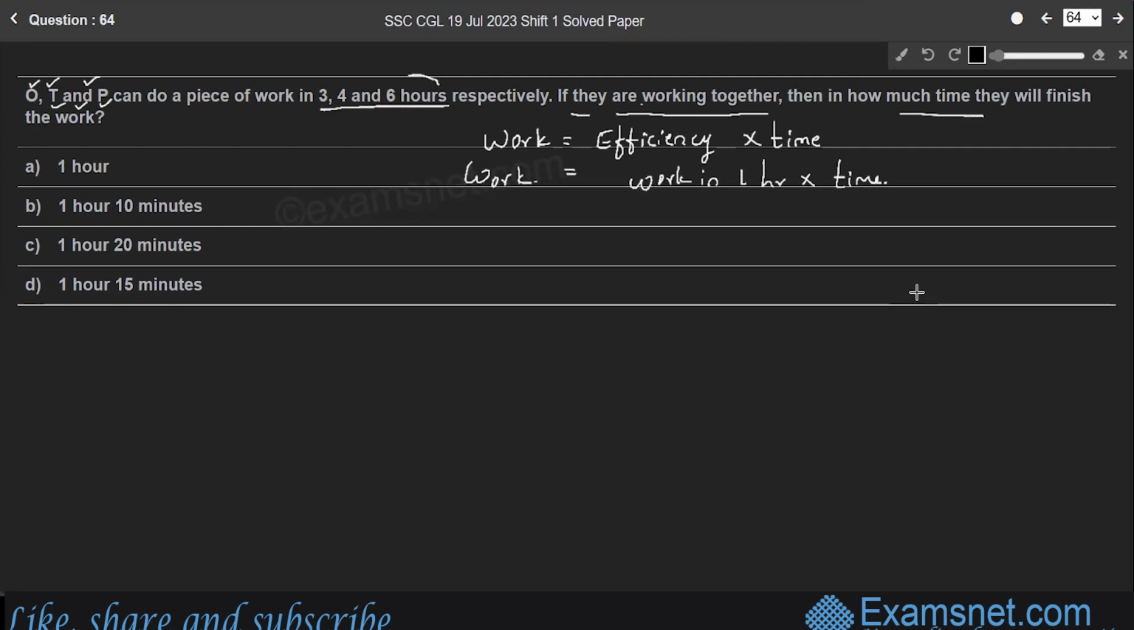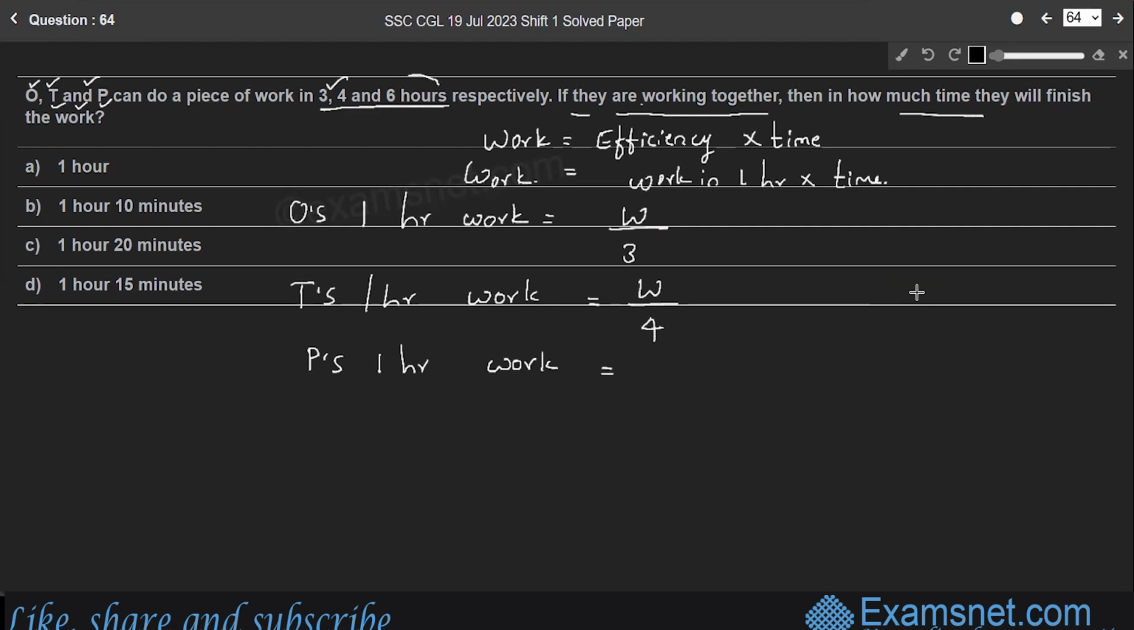Here O, T and P can do a piece of work in 3, 4 and 6 hours. Therefore, O's 1 hour work, or the work done by O in 1 hour, is total work divided by the time taken by O, which is 3 hours. W by 3 is O's 1 hour work, or the efficiency of O. T's 1 hour work becomes W by 4. Whereas P's 1 hour work